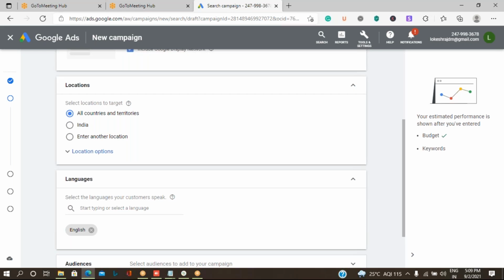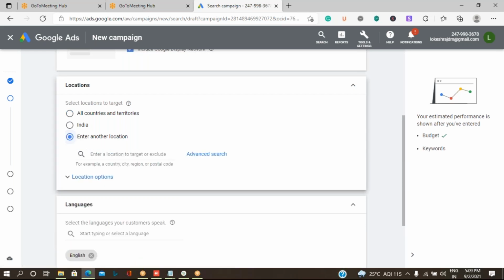Okay, so let me take an example. Let my business be advertised only within particular regions. So in that case, let me click on the enter another location option, and not enter the location directly. Let us use the advanced search option.